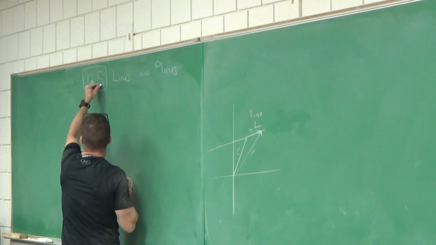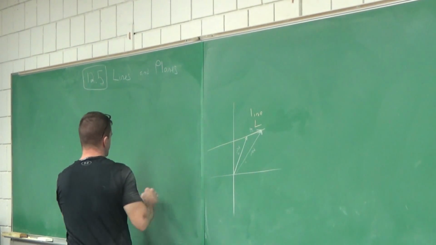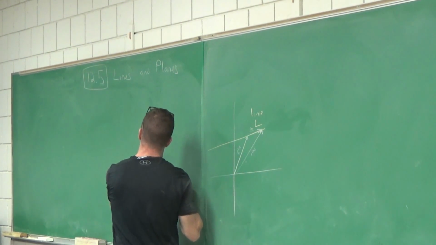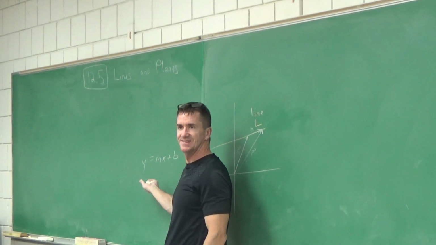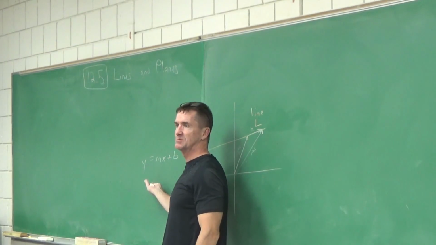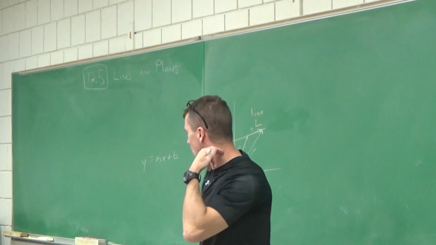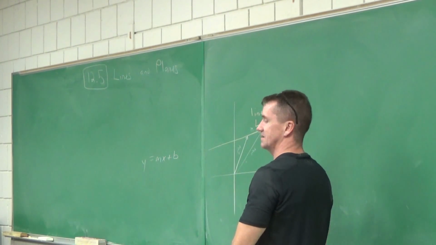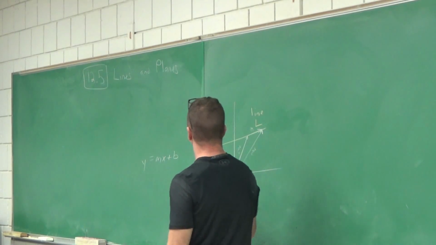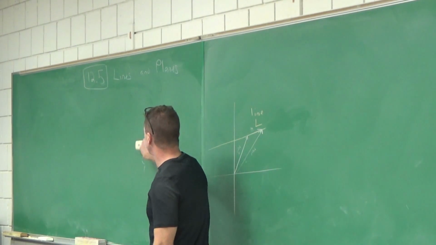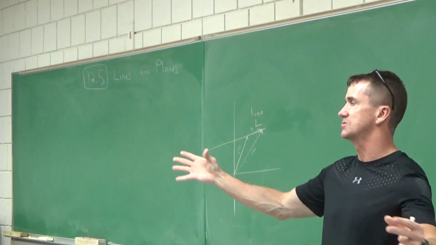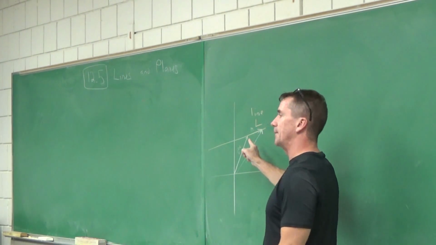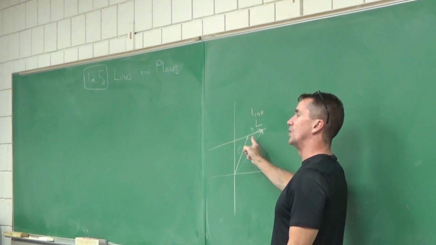So this is neat. Up until now, when we deal with lines in two-dimensional space, we describe the line something like that, right? You're going to notice we describe it totally differently when you go to three-dimensional space, but it's not challenging at all. So I'm going to use this design right here: y equals mx plus b. Yeah, that's great in two-dimensional space, but what about in three-dimensional space? How can you describe a line and all the points on a line?